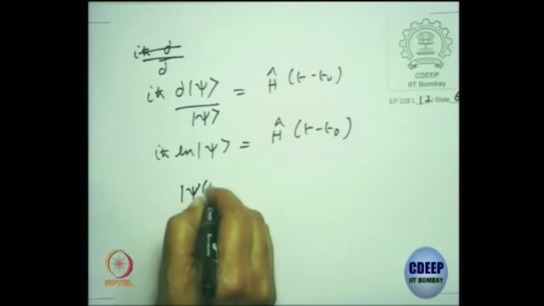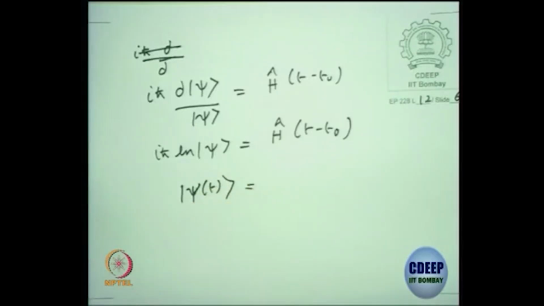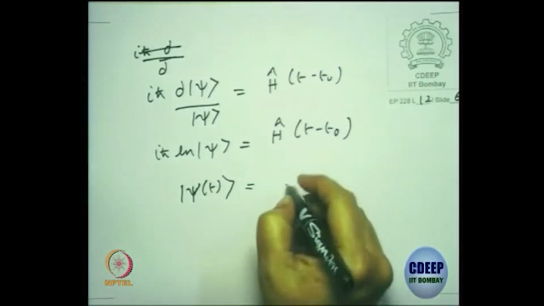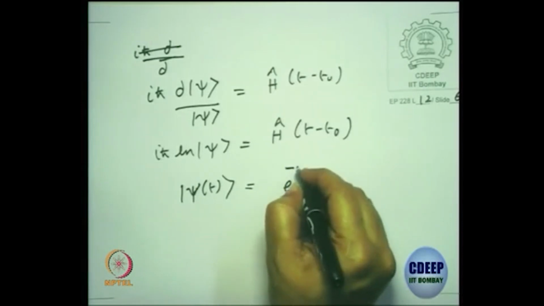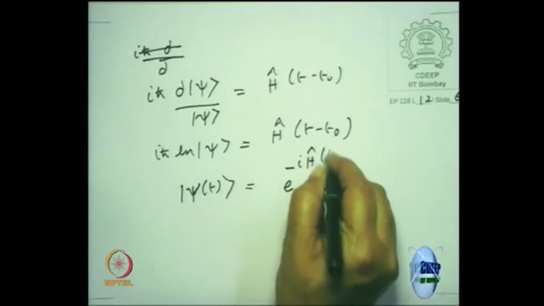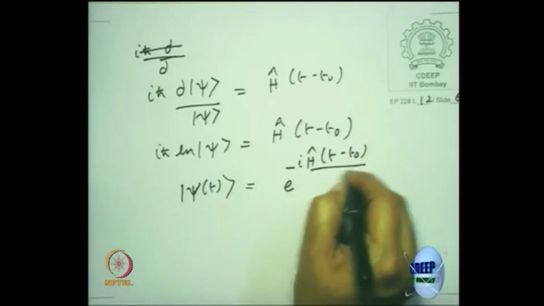Psi as a function of time will be e to the power of minus i H (t minus t naught) by h cross,